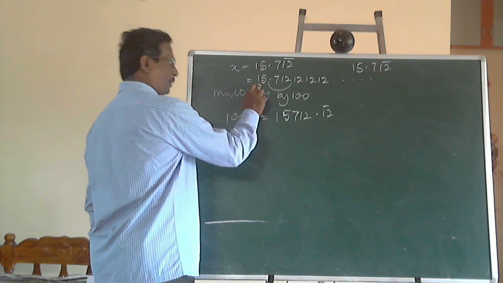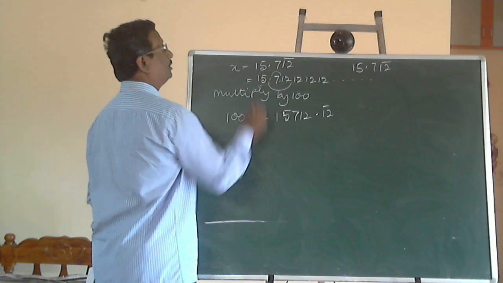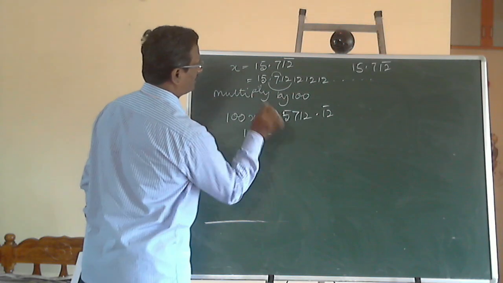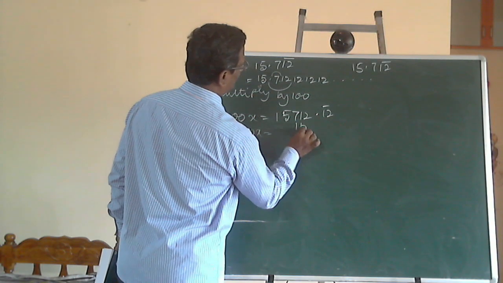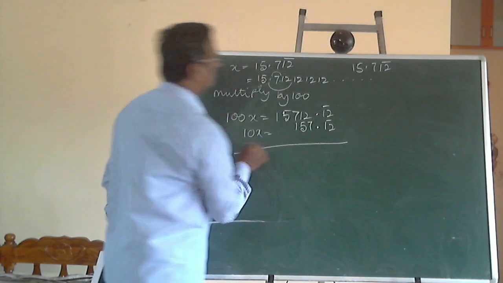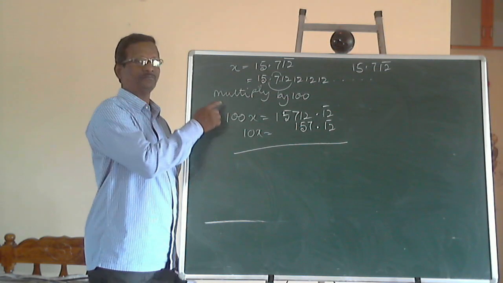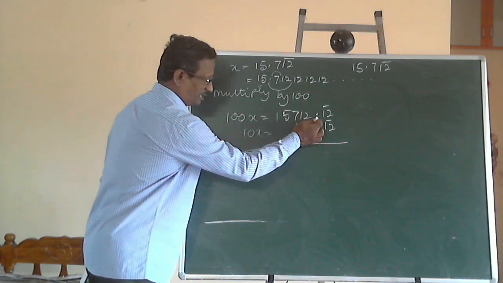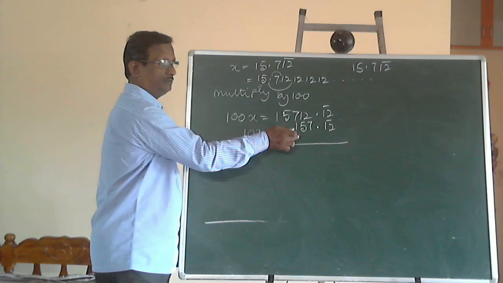To shift the decimal point to the left of the repetition part, that means one place to the right, it should be multiplied by 10. This is 157.12 recurring. Here you have to understand, in the first multiplication and in the second multiplication, to the right of the decimal point, both will have the same